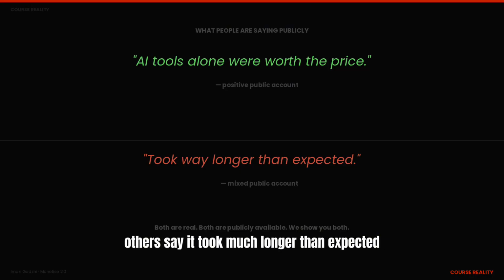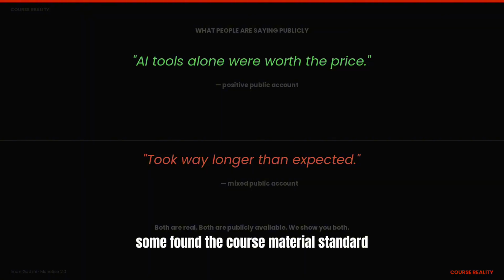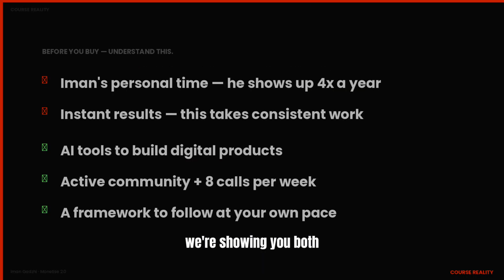Others say it took much longer than expected. Some found the course material standard. Others found the AI tools alone worth the price. Both are publicly available accounts. We're showing you both. So before you spend